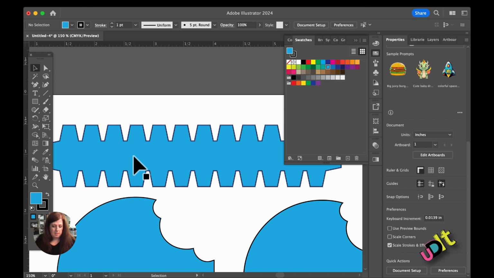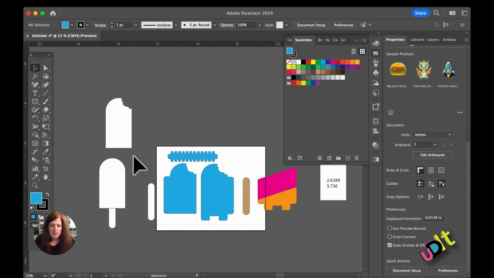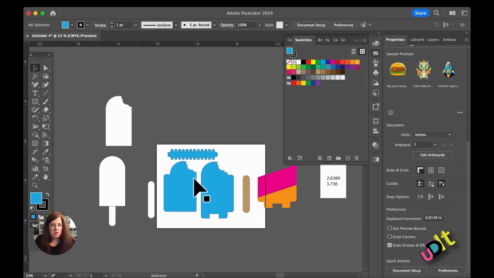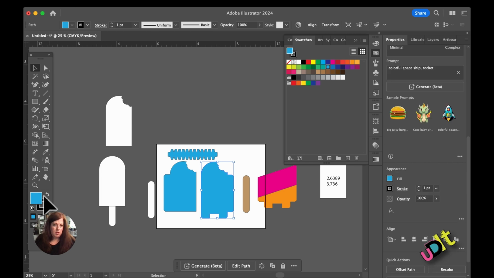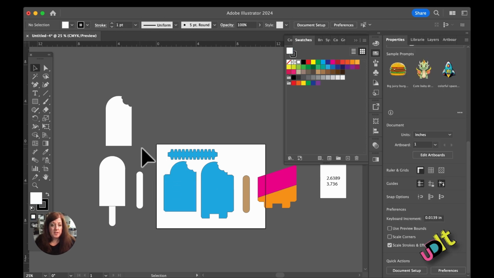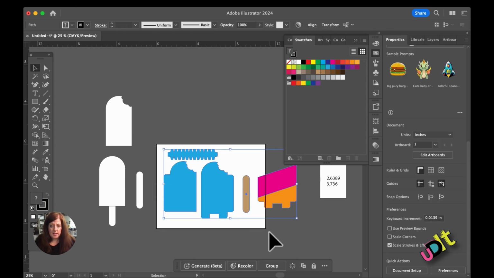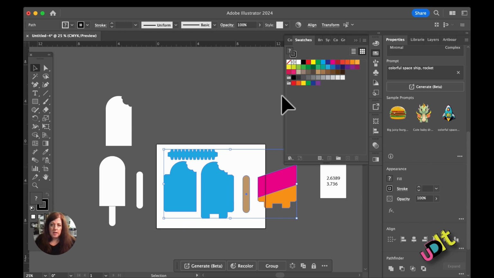And let's do something here first. Let's scroll back, come back out. All right, all of these have a stroke to them. If you're watching over here, I'll click through and you can see that every single one has a stroke. We're going to get rid of the stroke because that's going to make it a little bit more difficult to see visually. So let's select all of these and we're going to come up here in my swatches,